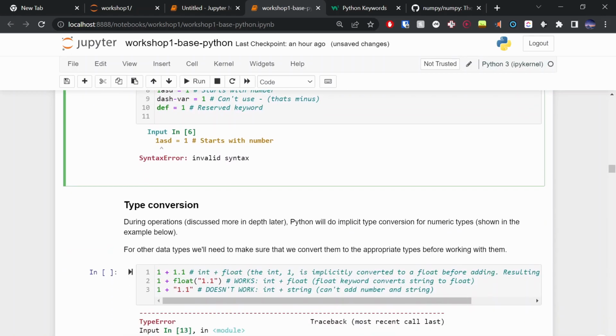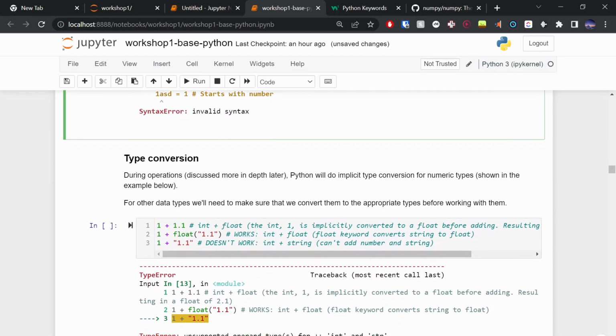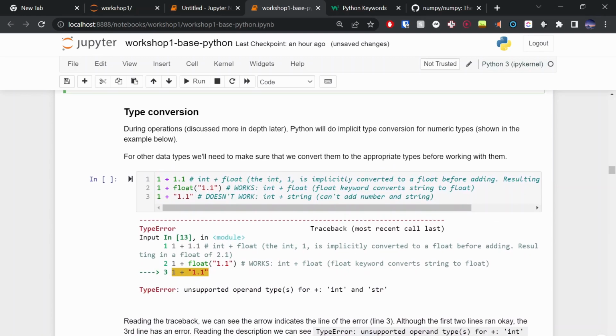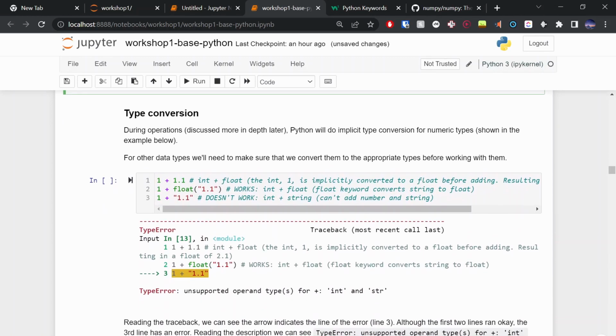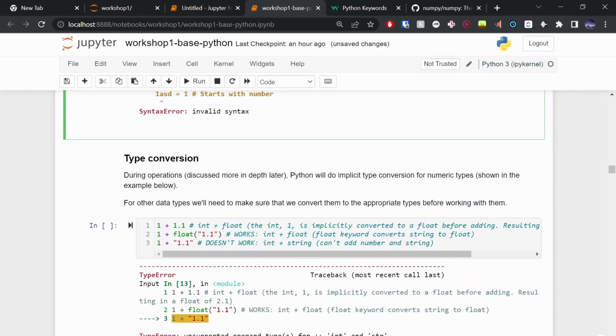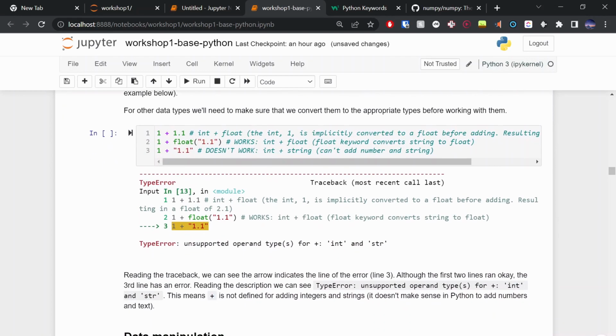Awesome. If you run this, we have some valid variable names, and then we have some examples of invalid variable names. Now, types. We can convert between types. Sometimes we have a string that we want to convert to a number, right? That's a string at the moment, but we can convert that to a float. Once we have items in the correct type, we can add them together and operate with them. So if we have 1 plus 1.1, integer plus float, Python will be like, yep, that sounds good, two numbers, I can add those.